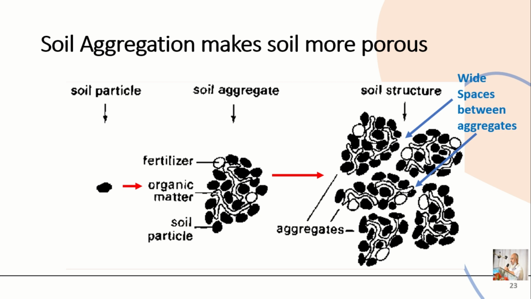In the next picture there are 5 aggregates, and these 5 aggregates have micropores in the aggregate, and in between the two aggregate particles there are macropores. Soil becomes a little bit porous and intermediate